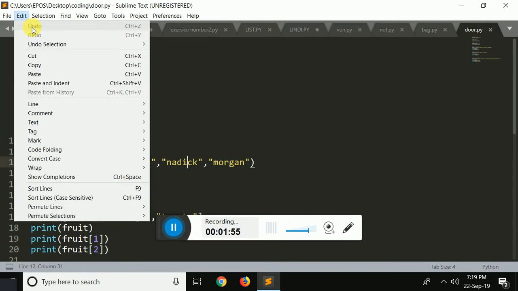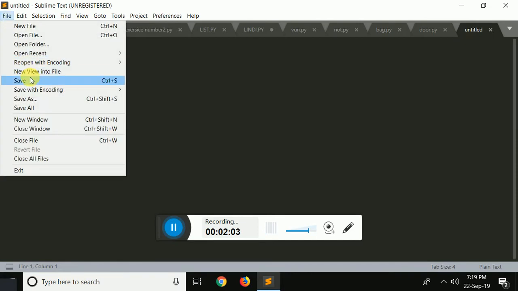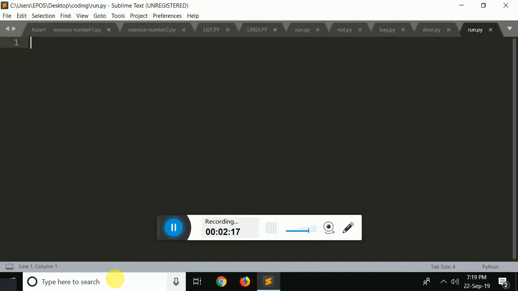First thing, we make a new file. Then you come to File, you come to Save. You write any name, like run.py. The first thing, we'll make a box. We make a box like any box. I want to make a box which is called